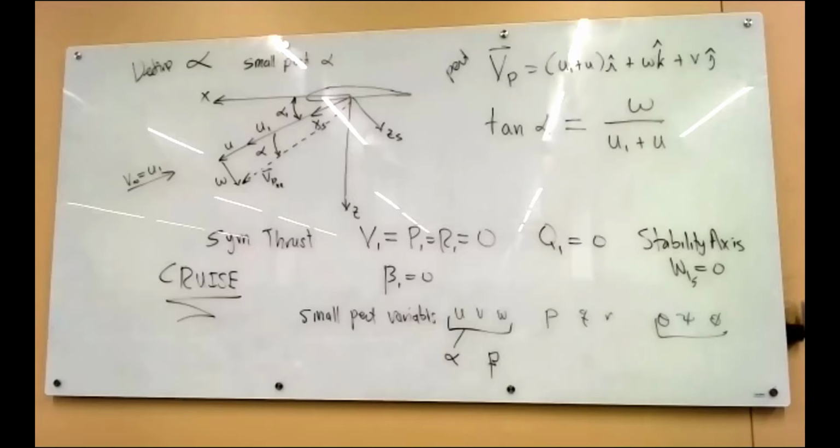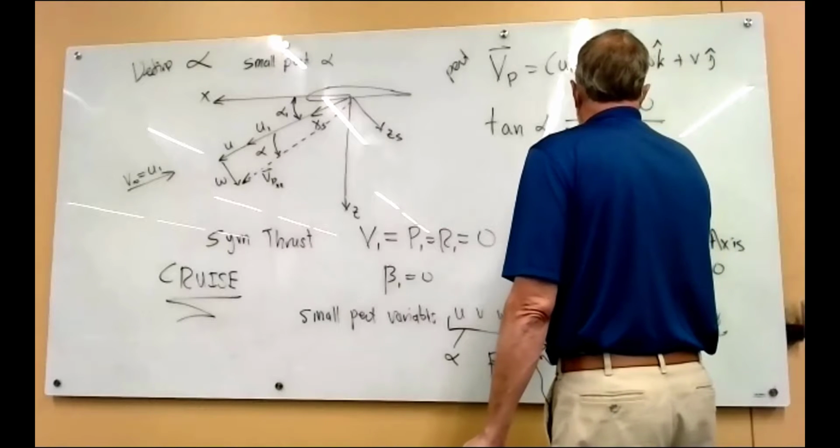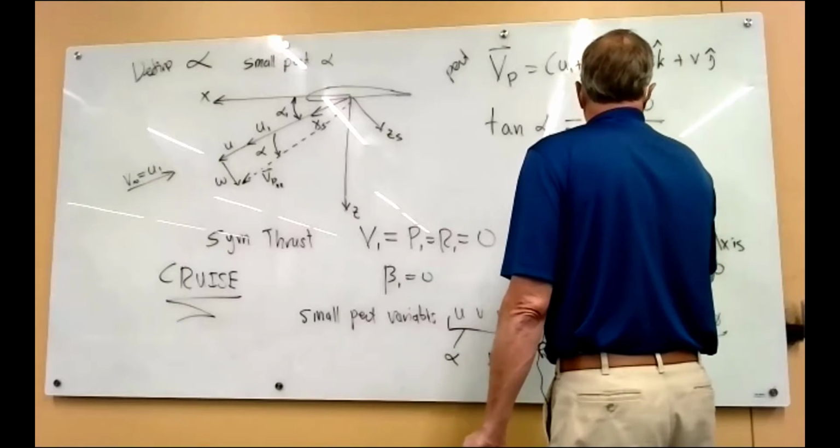And as engineers, we're lazy but smart, right? I always say that. The important part is you're smart. You're not just lazy. And so we're going to look at this and say, well, some of this stuff is small. Can we make our job easier? So what's small here? W is small. But if we say W is 0, then we have no angle of attack, because W is what's creating the small perturbation angle of attack. How about U1, small or big? That's going to be pretty big. That's our flight speed. How about U, little u? Small. So we look at the denominator and we go, gosh, this could be like 200 feet per second. And this is going to be like maybe 0.1